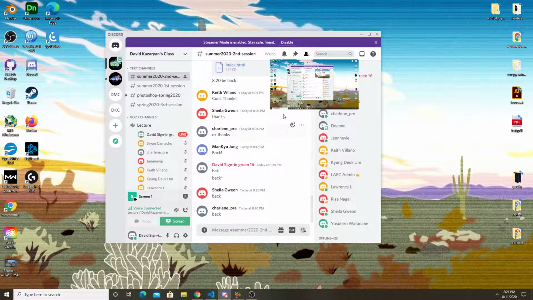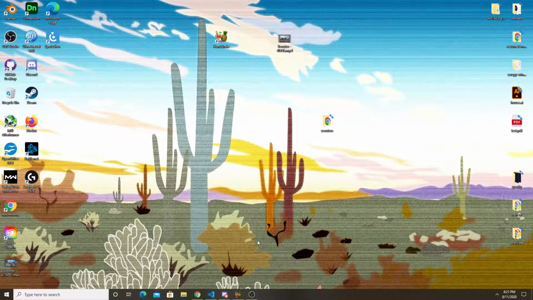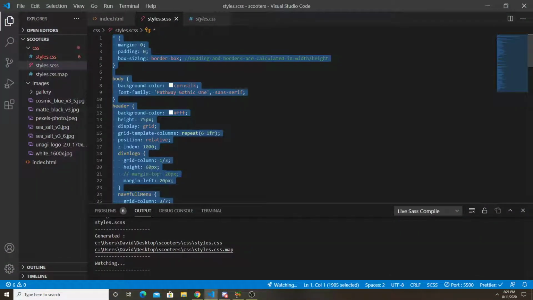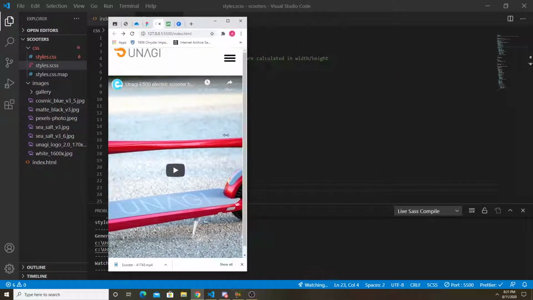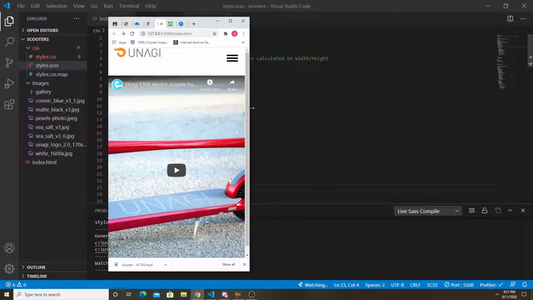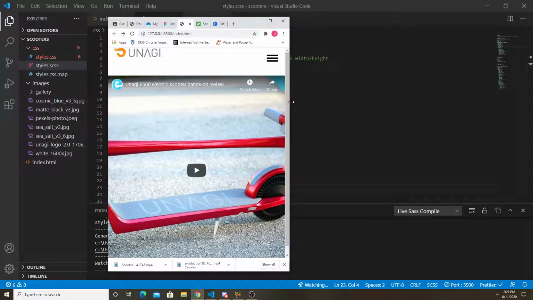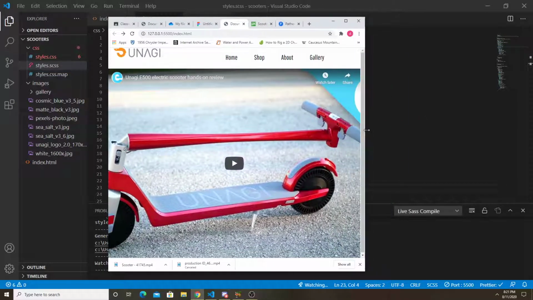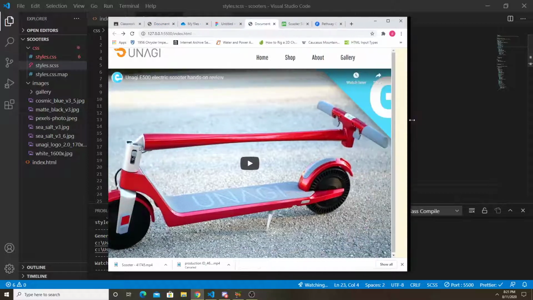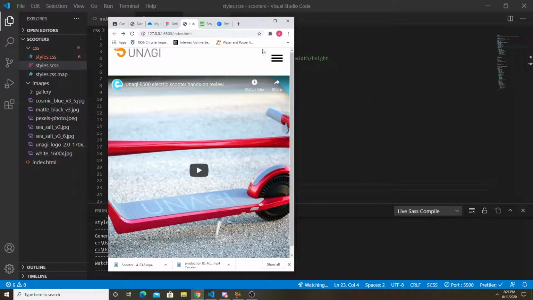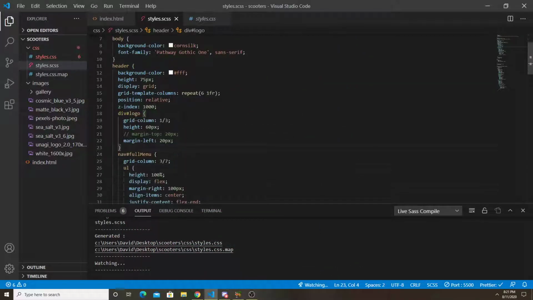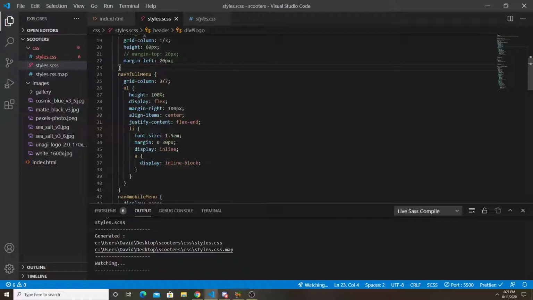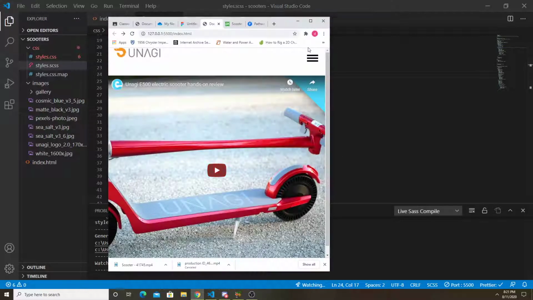Okay, let's see if we could do this without making too many mistakes. Alright, so we have this, and I'm going to ignore this thing happening for now because I can't figure it out at the moment. But let's make it so when I click this, the menu pops out. For that, we're going to have to use the sibling selector. So if you look at